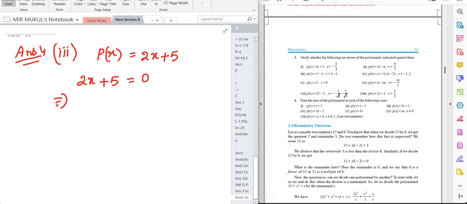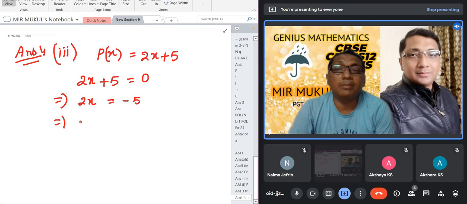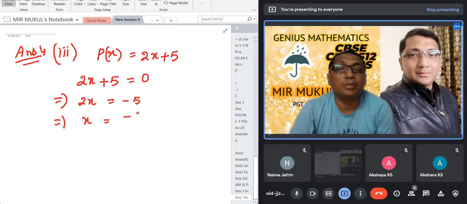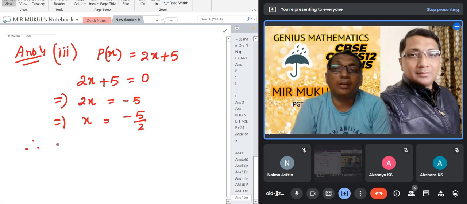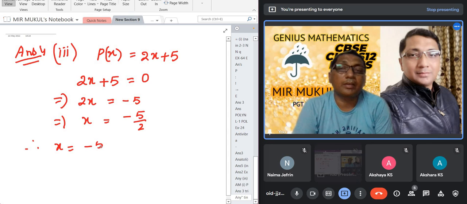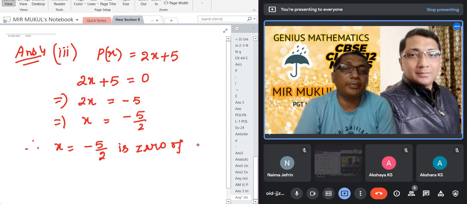It is a simple linear equation. You did it in class 8, in class 7, and follow the rule of solving linear equations. So 2x, 5 bring to this side, the sign will be changed, minus 5. Now 2 is in multiplication, so if you bring it to the right side, it will be minus 5 by 2. Therefore x equals minus 5 by 2 is